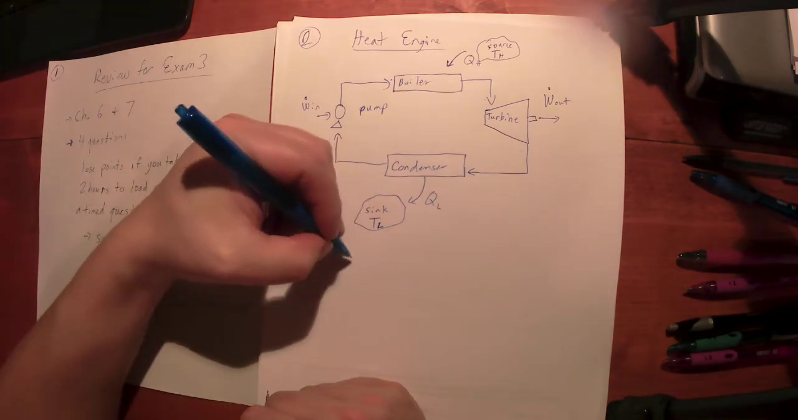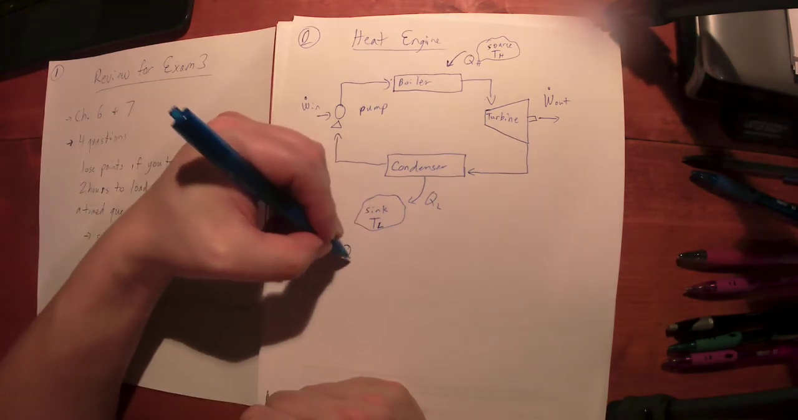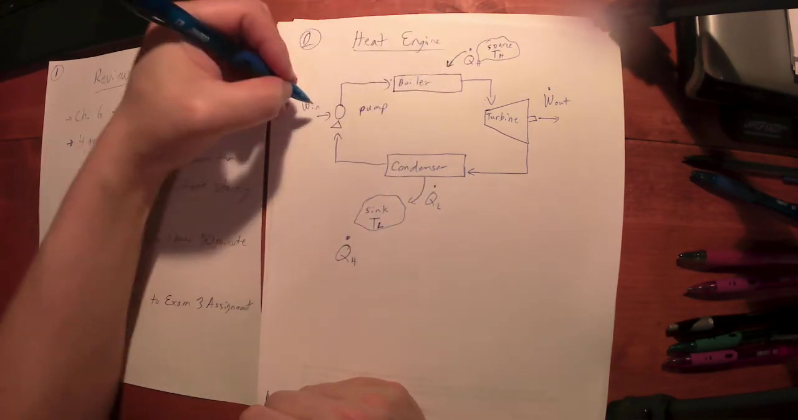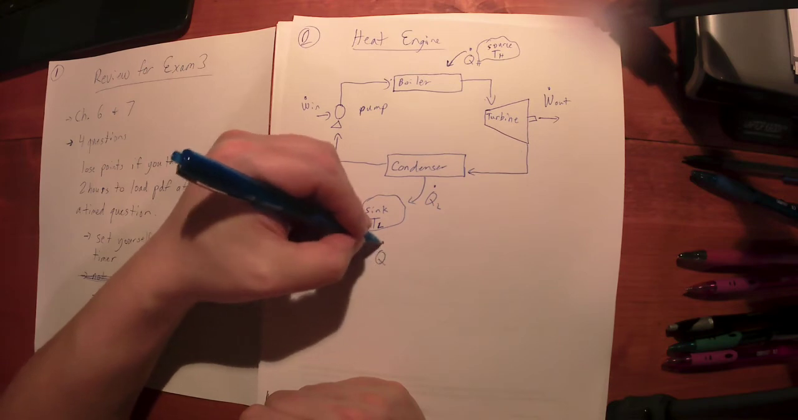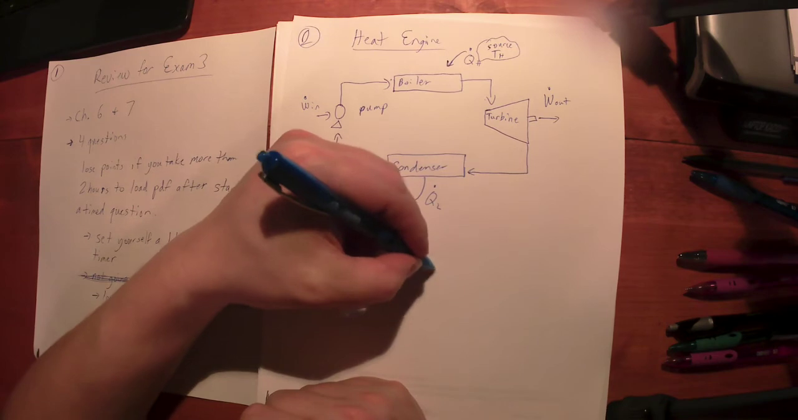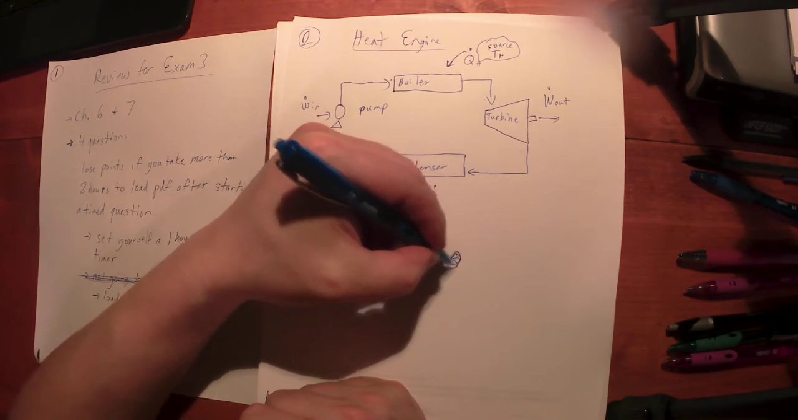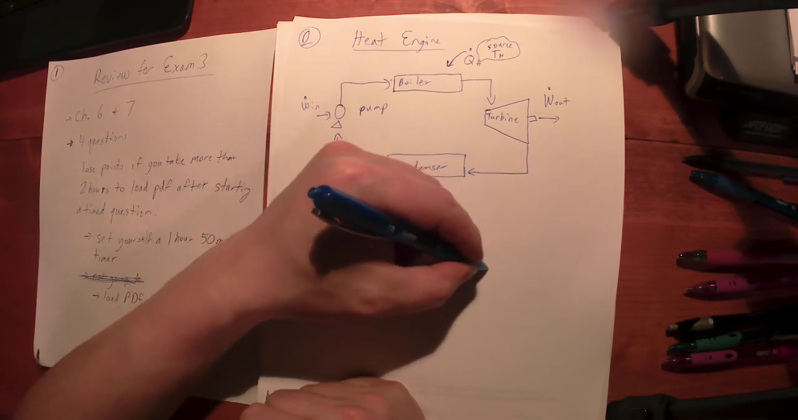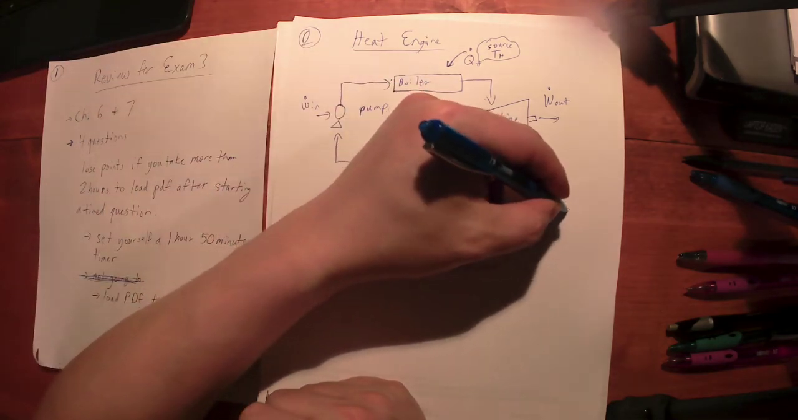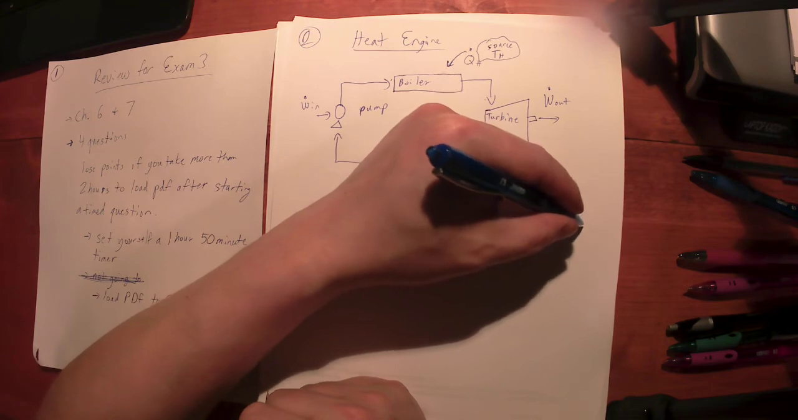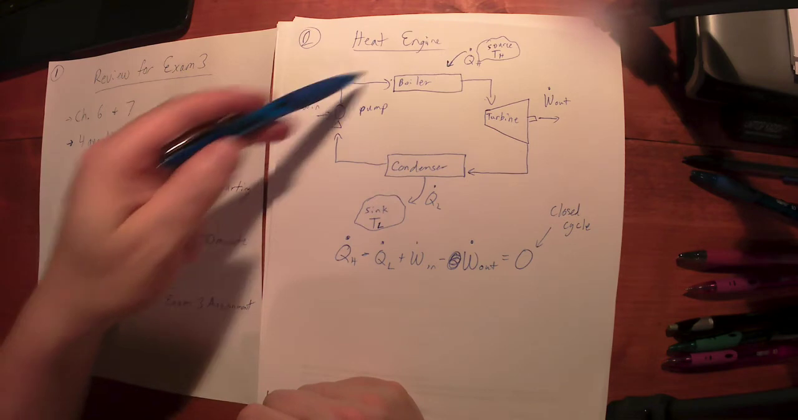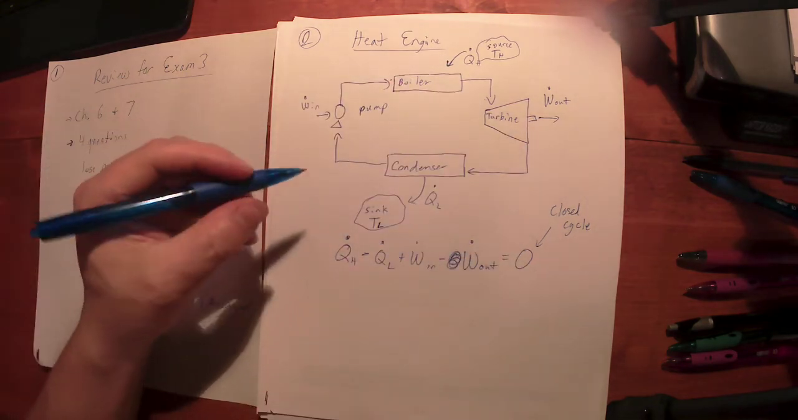Okay, so if you look at your first law here, you've got QH, or we can say Q dot H. These are all, let's call them all dots. So Q dot H minus Q dot L, that's heat in minus heat out, plus a little bit of power input to the pump minus a lot of power output from the turbine. And that's going to equal 0. It is a closed cyclic system. So the idea is when we go around,